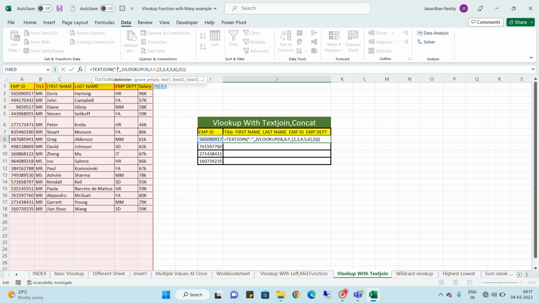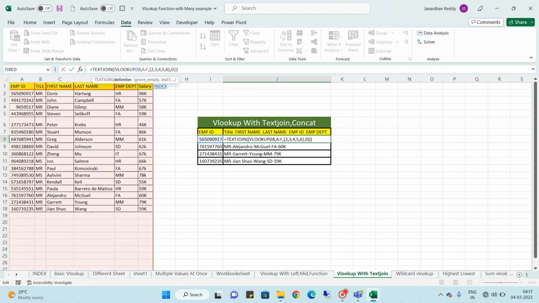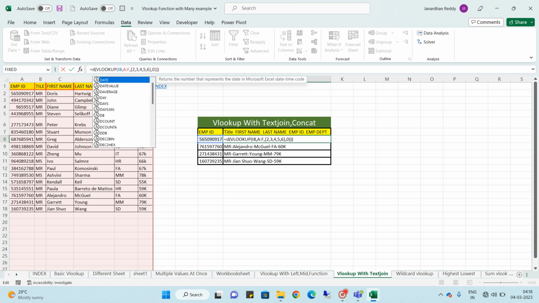Now I'm giving the underscore. Let me enter. See, it is showing the underscore. So it is a very easy way. In a similar way, if you use concat here, it won't ask for any delimiters. So when you are combining with concat,